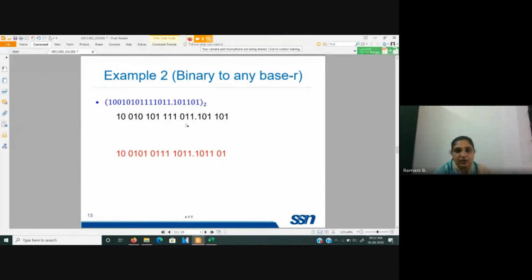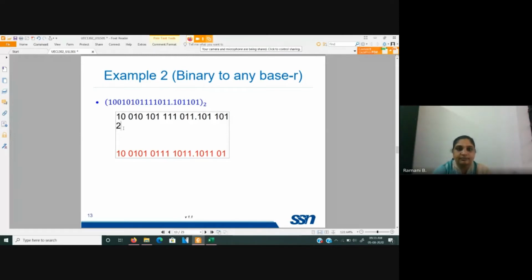So this 0, 1, 1 actually corresponds, or maybe, okay, we shall come from this end. So I have split this into groups of 3s. With the most significant part, I am having only 2 bits, which implies the leftmost digit is considered to be 0. So making it 3 bits, 0, 1, 0 is equivalent to 2 over here.